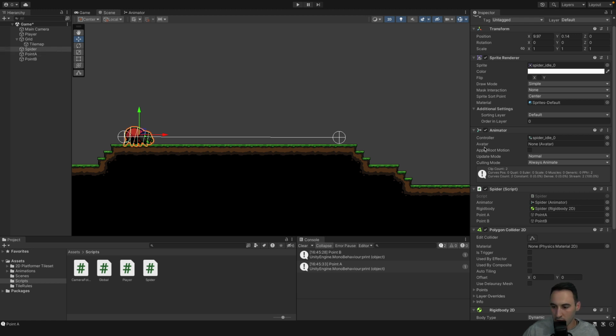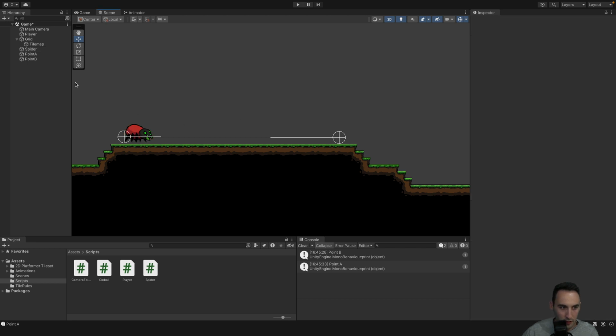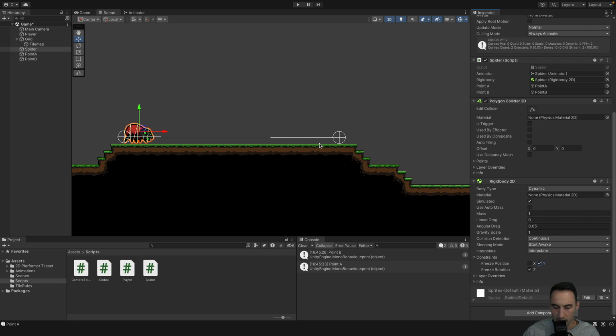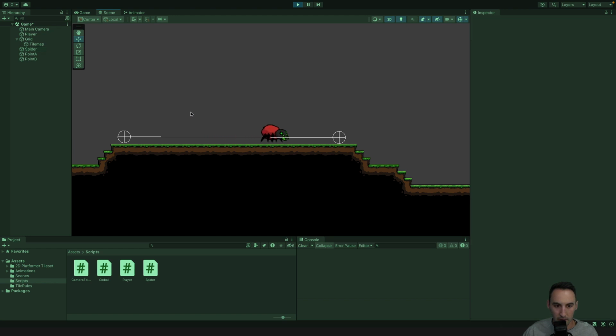Can we freeze our spider's position on the Y? So we can put our spider at, let's put it at 0.3 for now. That should be fine. We'll fix it later. I just don't want it to keep stopping. So hopefully that allows it to keep moving from left to right without us having to lift it up all the time. So it should move from left to right, and then back to the left, and then it should